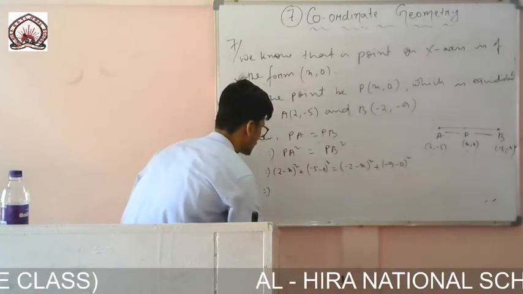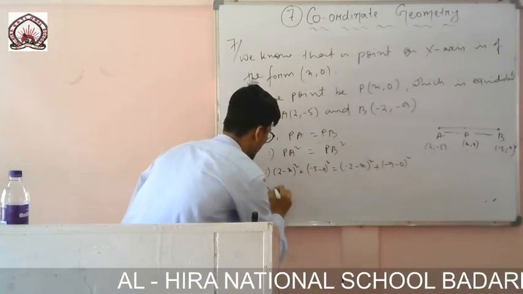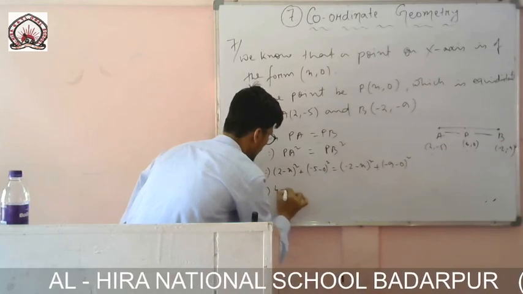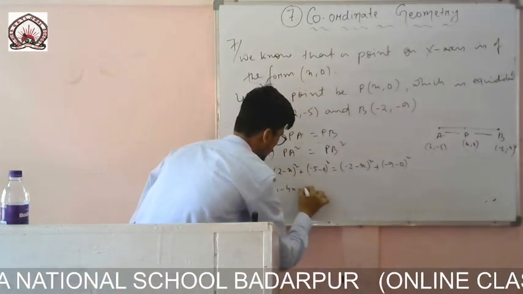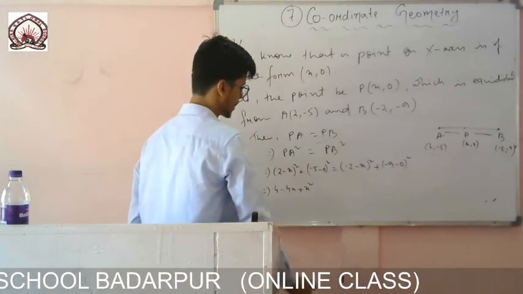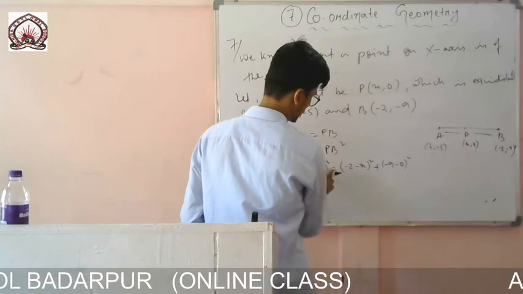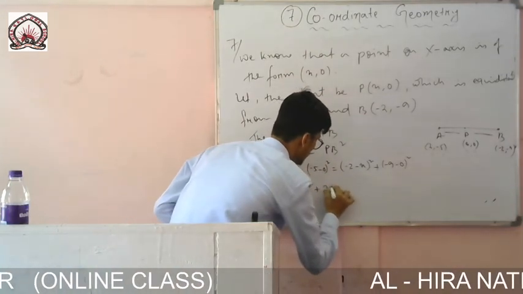So now if I go on solving, this is the a minus b whole thing square formula. So a square, that means 2 square, is 4, minus 2ab, so 2 twos are 4x, and plus x square. This is the formula, a minus b whole thing square. Then minus 5 minus 0 means only minus 5, so minus 5 square is plus 25.